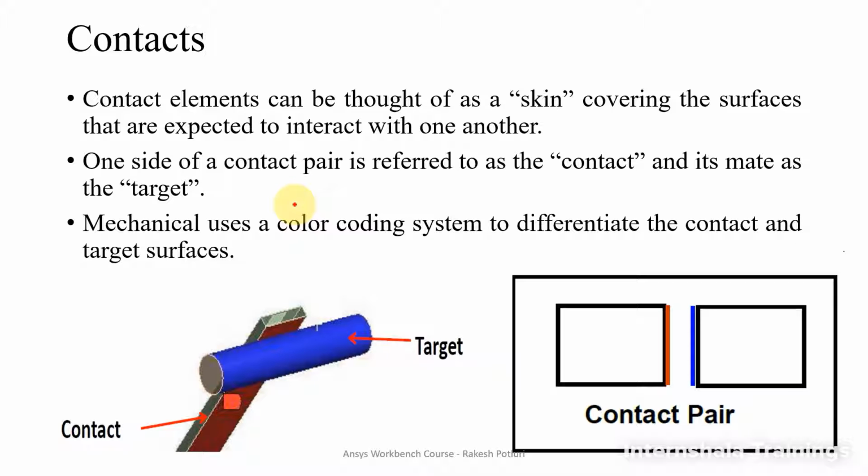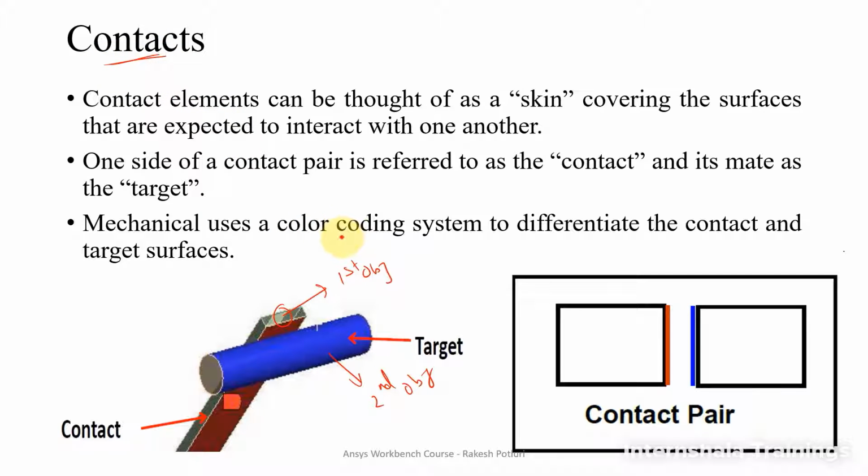So first of all, what are contacts? You have an object here. This is the first object, and this is the second object. So you have two objects and these two objects are interacting with each other. By default the computer cannot tell how these objects are interacting, so in order to give the condition of their interaction to the computer, we'll use something called contacts.